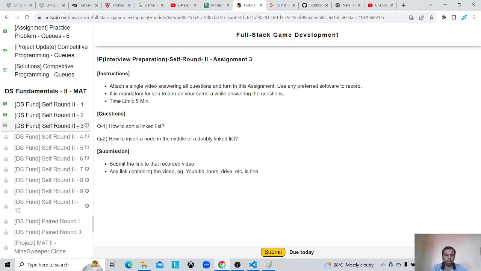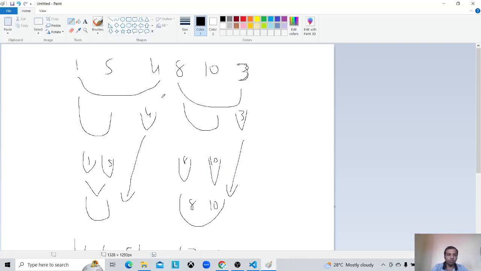So the first question is how to sort a linked list, right? I prepared an answer for this. There are a few different ways. One of the ways would be, let's say, I take the first element and check, and if I find another smaller element, then I would mark that element. If I find an element smaller than the first element, I would mark it as the first element,